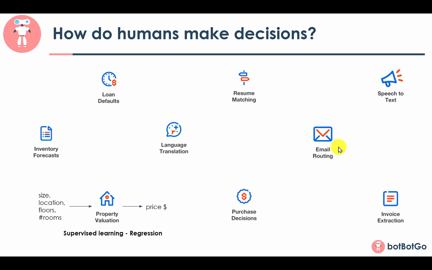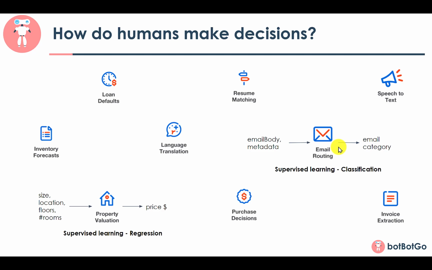emails into some kind of category, the kind of inputs that you need is the email body or the content of the email and also the metadata surrounding that email. It could be the email ID of the sender or the subject also. So whenever out of a machine learning model, you get some kind of a category as an output, then such kind of ML models are known as classification models.